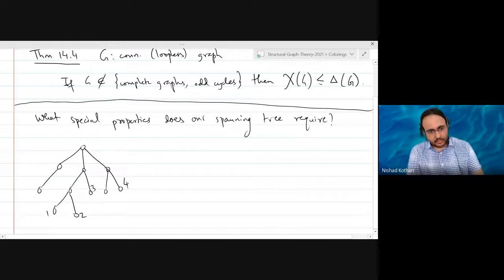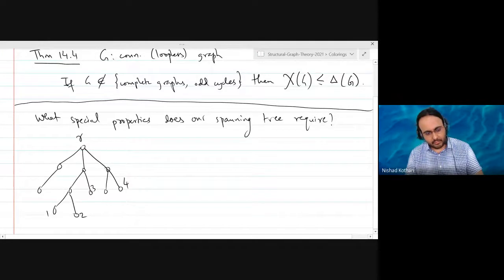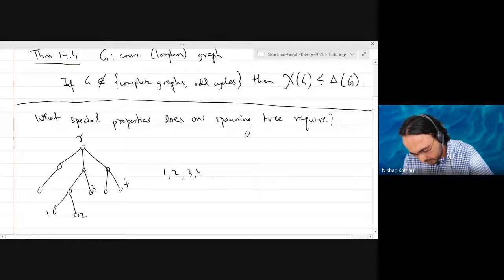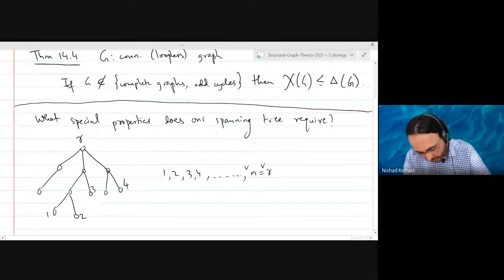So we construct some ordering of the vertices, and the last vertex we remove, you can think of that as the root of the spanning tree. The root is really a concept for the sake of visualization. So you just keep removing leaves, and whatever the last vertex you remove, you think of it as your root of the spanning tree. There is nothing special about the root except that it is the last vertex to be removed. Now you can get a coloring of your graph by considering this ordering of the vertices. So the last vertex is the root vertex. Let me just call them V1, V2, V3, V4.